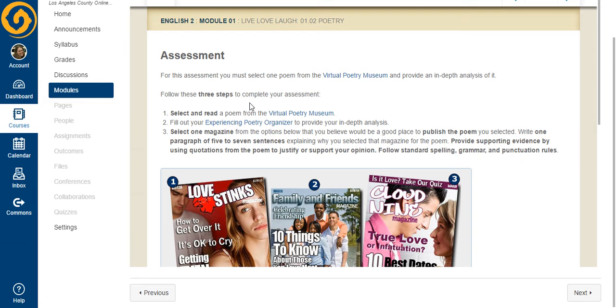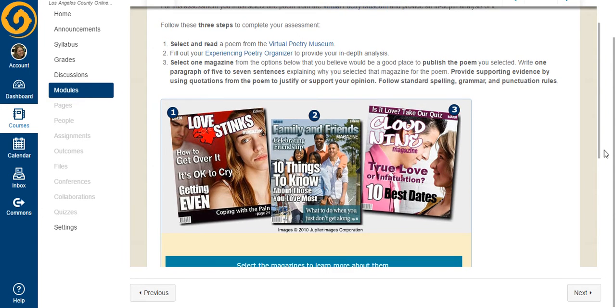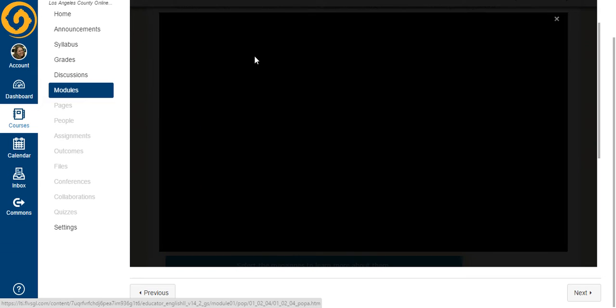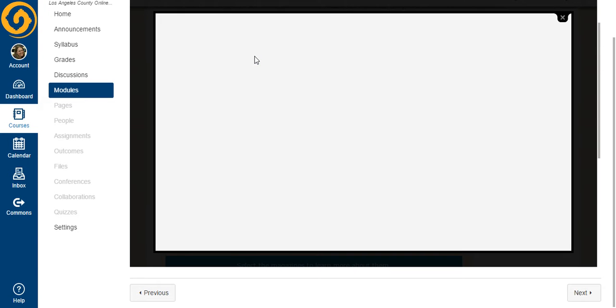So you're going to follow these 3 steps to complete your analysis or your assessment. And remember that on page 4, they showed you how to do an analysis of it with the Edgar Allan Poe poem. So you're going to select and read a poem from the Virtual Poetry Museum, and then you're going to fill out your Experiencing Poetry Organizer to provide your in-depth analysis. So if you click on this, it's going to bring this up,